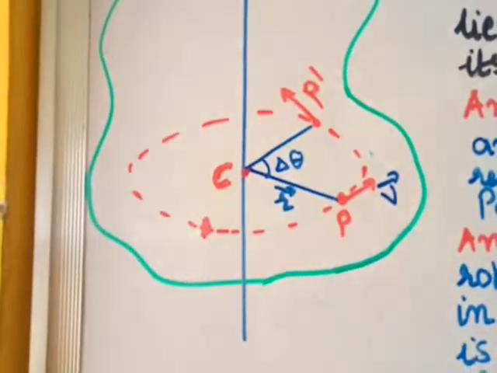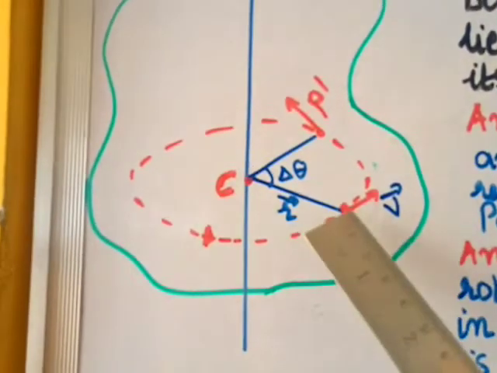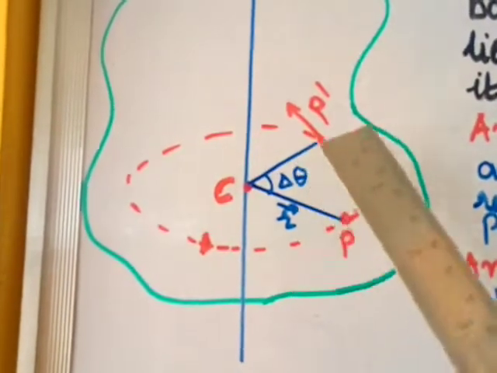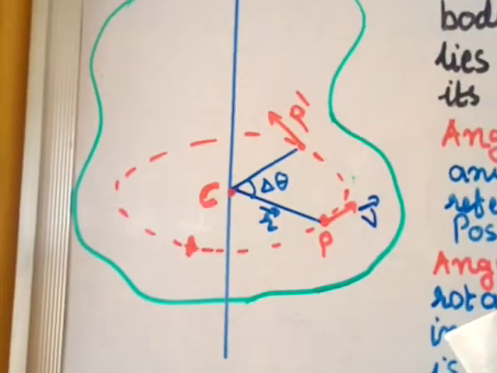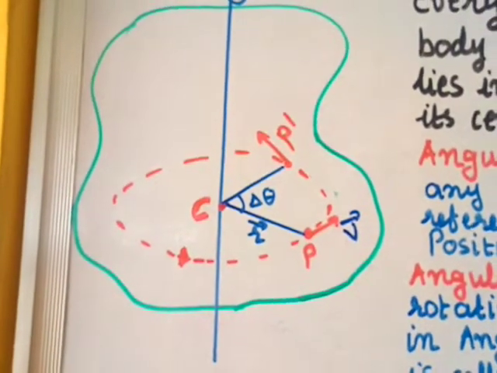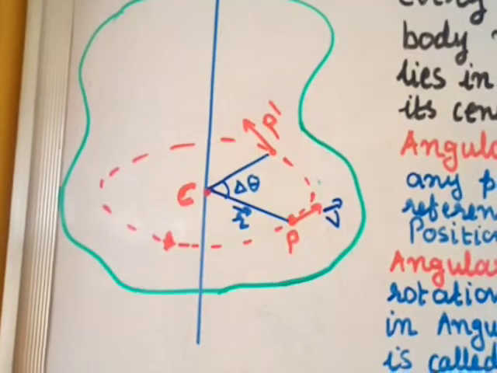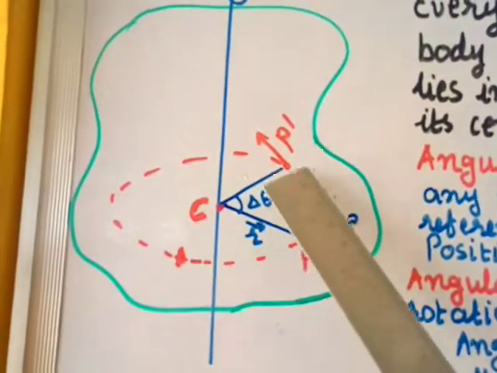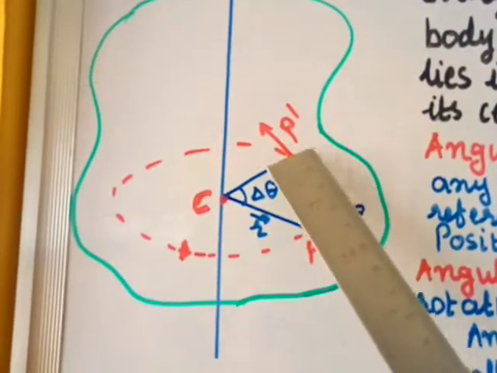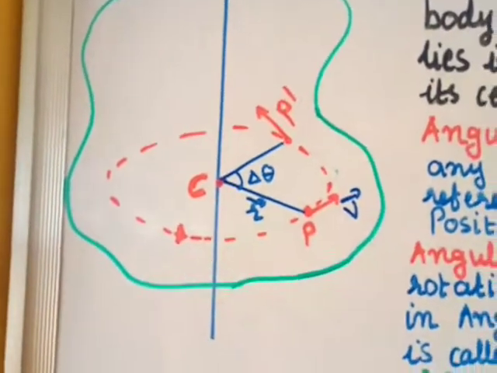So this is the distance it is covering, divided by the time, right? That will give you the velocity. v is equal to displacement by time. Here in this direction, this arc has curved from P to P dash. So this arc is divided by the time interval.